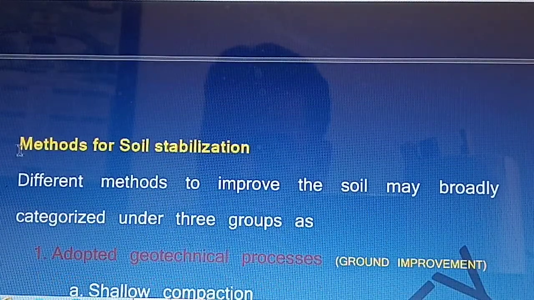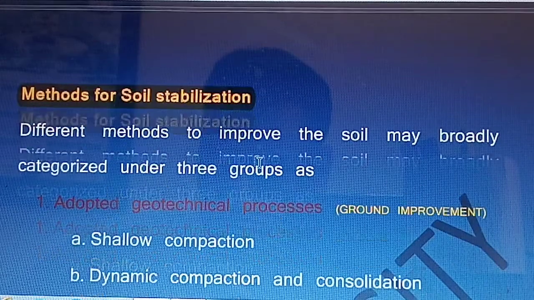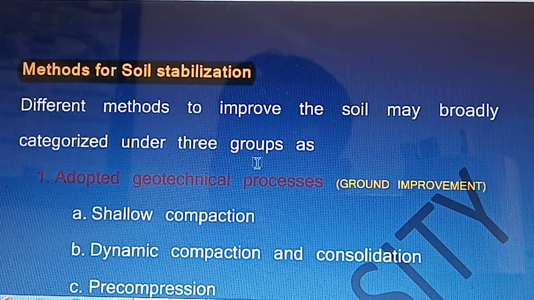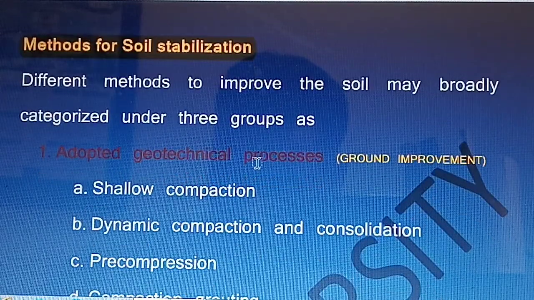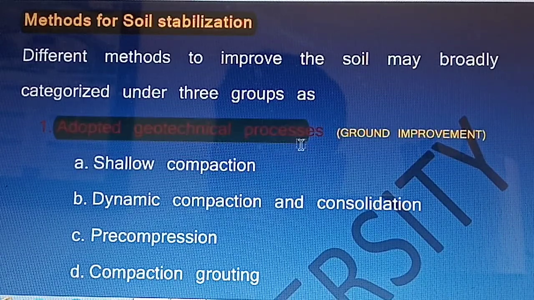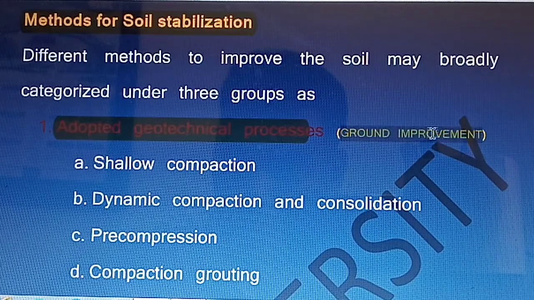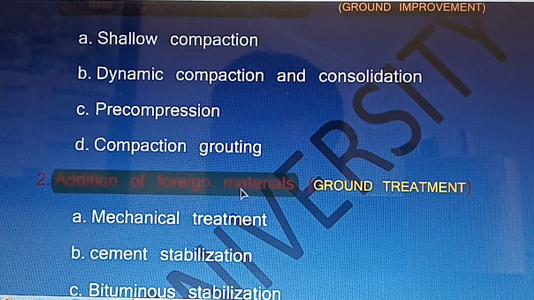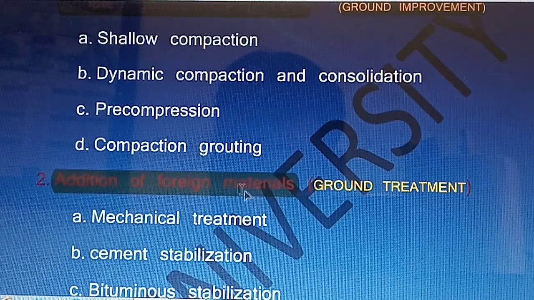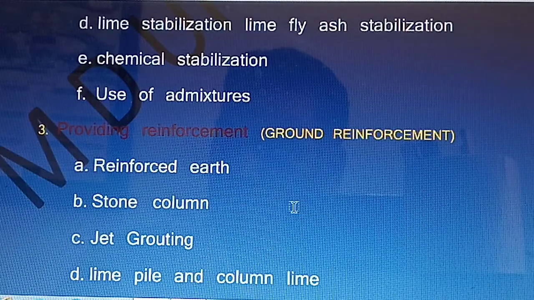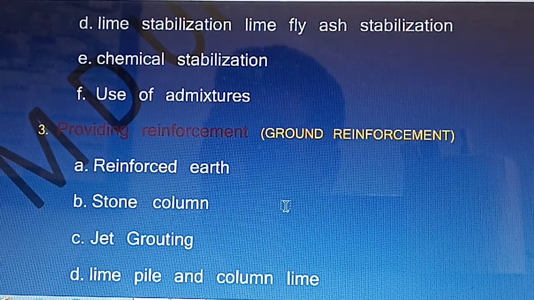Next, what are the methods of soil stabilization? To stabilize the soil, there are different methods on the basis of material addition or without addition of any material, which may be categorized in three groups. First, by adopting geotechnical processes, and this method is called ground improvement. Second, by addition of material, and this method is termed as ground treatment. And third is providing reinforcement to the soil, that is called